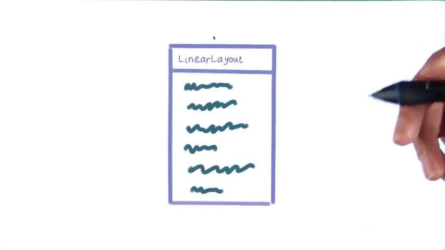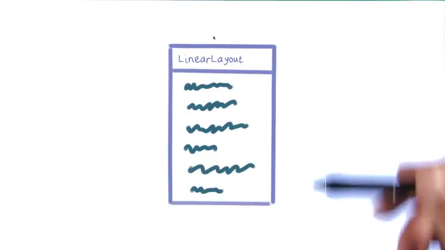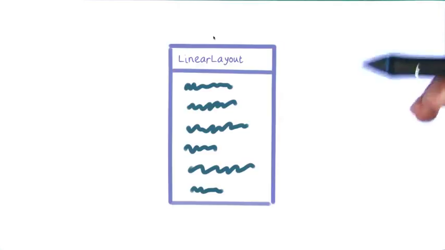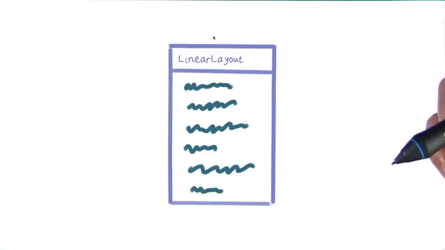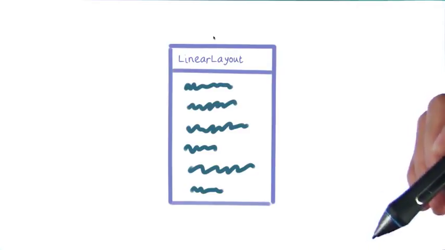A linear layout arranges its children in a single direction. For example, a vertical linear layout arranges its children from top to bottom. Linear layout is one of the most useful layouts to have in your toolbox. You can create pretty much any layout with it. Be careful though not to over-rely on this, as another layout might actually be a more efficient way to create